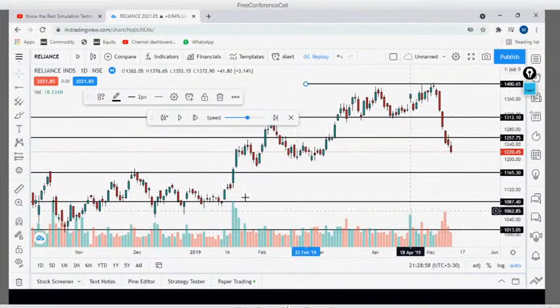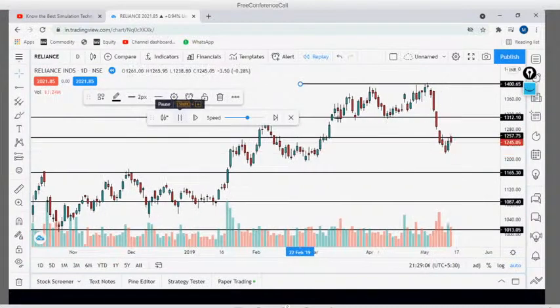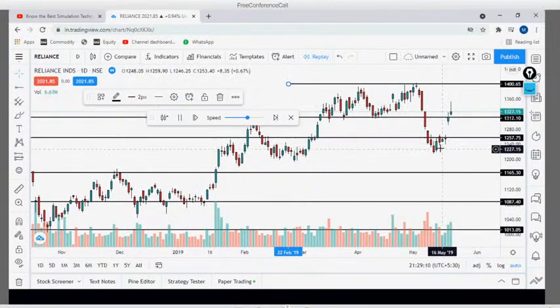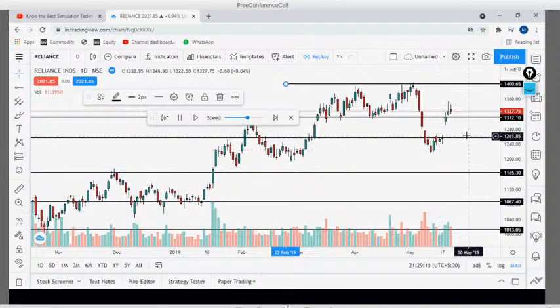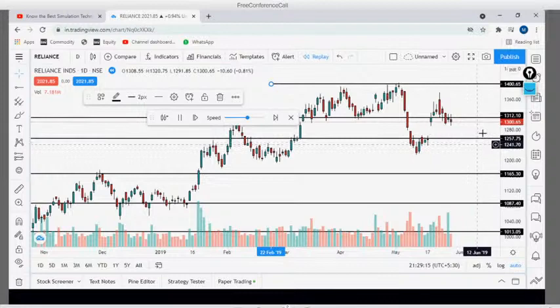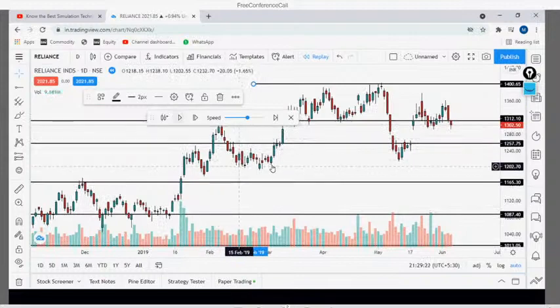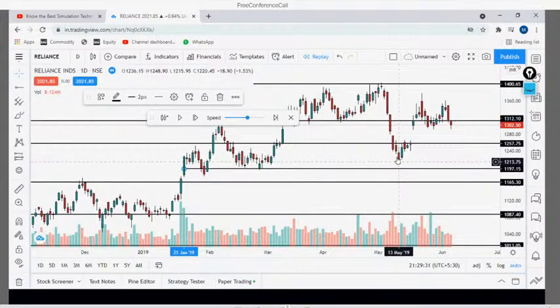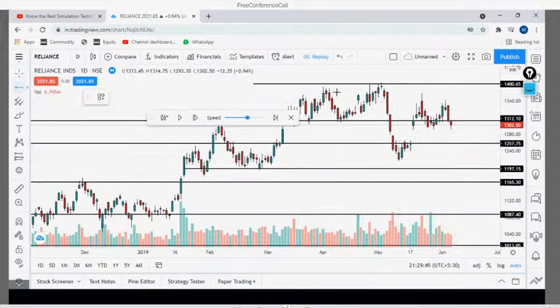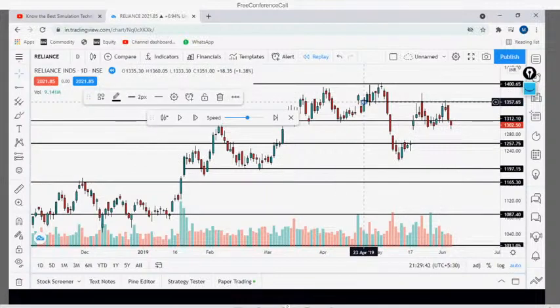What will happen? See at each level how it is helping you. See, when it formed this base and went upside, right, this will become one of our support areas. So I can mark it like this, and next time when it came near that support, it took the support and started going upside. Now, this is one resistance, small resistance area. So let me play again.